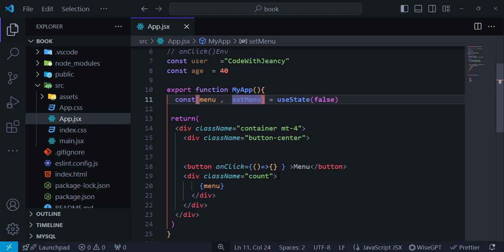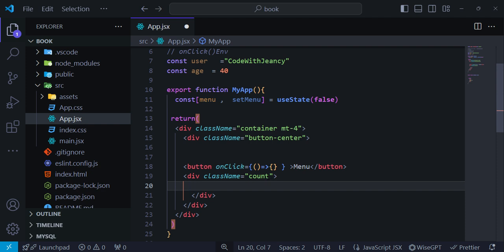Good. Now to do this, it's very easy. I can come here, right? Let me change this. Menu there, and then in our menu you can write